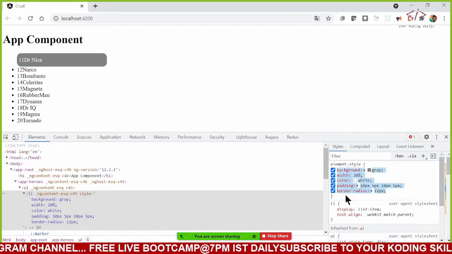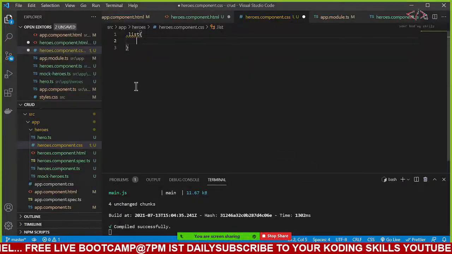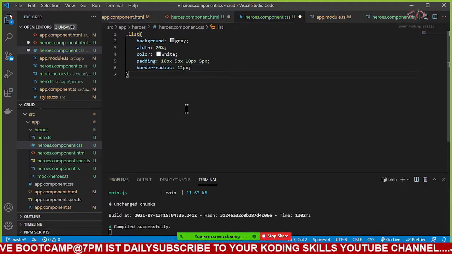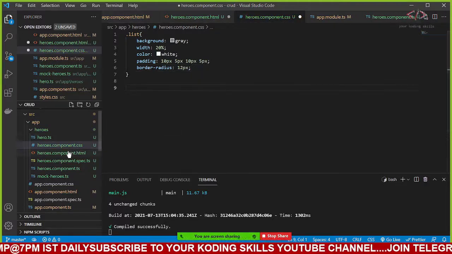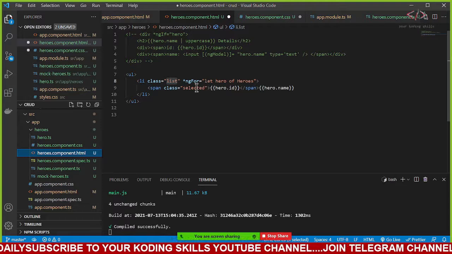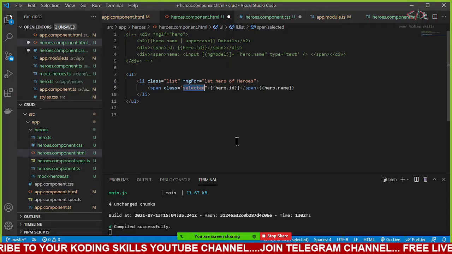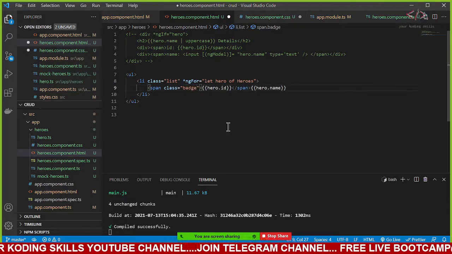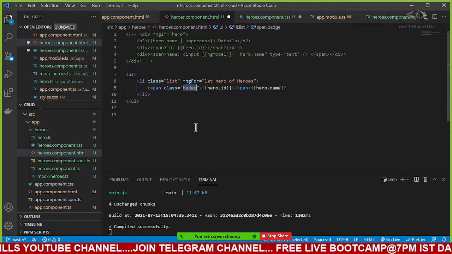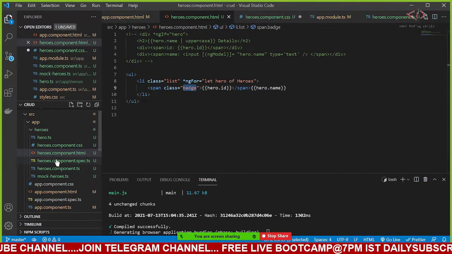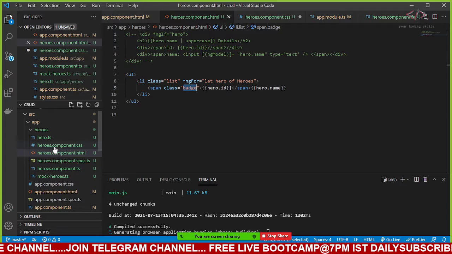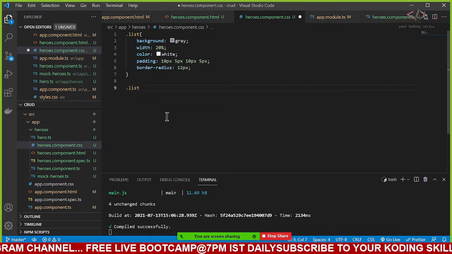Now I'm gonna copy this one and give it to my list. And inside this list, if you observe, I have added another class called badge. I will change this one to badge. And let me go to my CSS and under my list, there is badge.